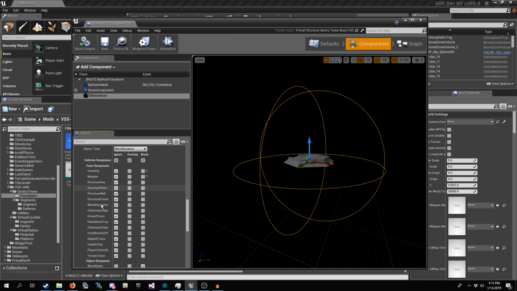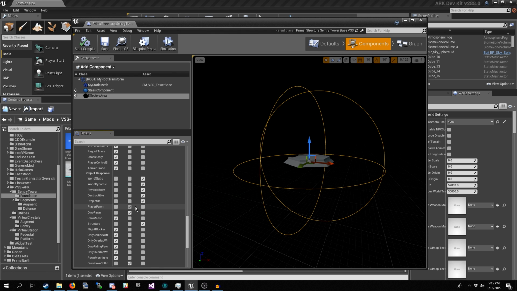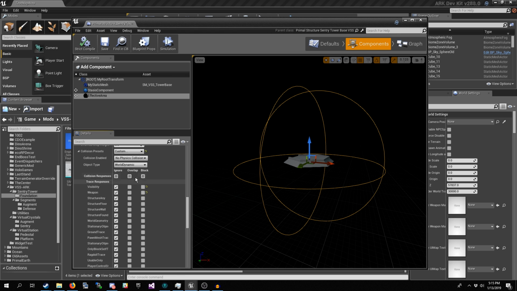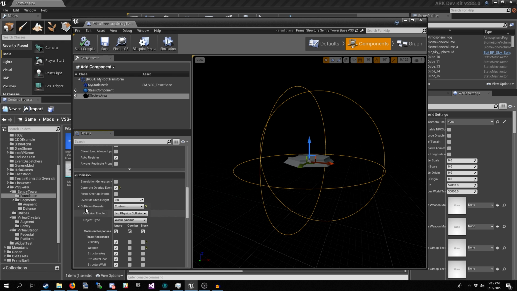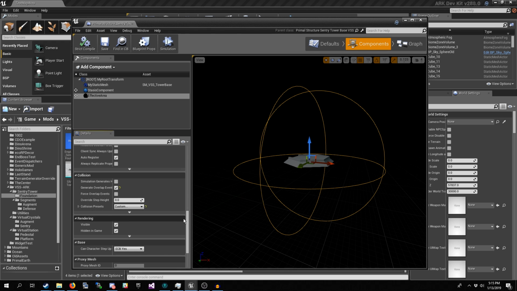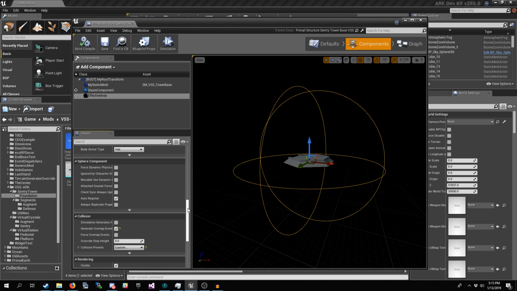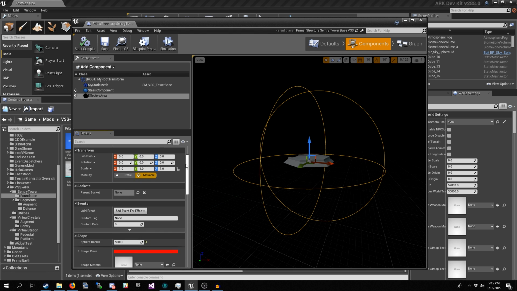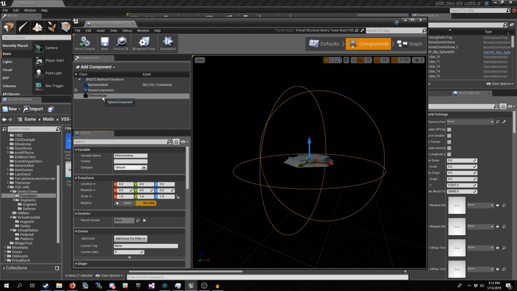After you have turned off all of the trace responses under object responses, the most important ones, we might turn off all of these other ones that say block, but the most important ones are these player and dino pawn under overlap. Okay, these are the ones primarily that we're going to be using. Now, I also had to turn on generate overlap events, and that's that. Those are all the changes that we made to it.